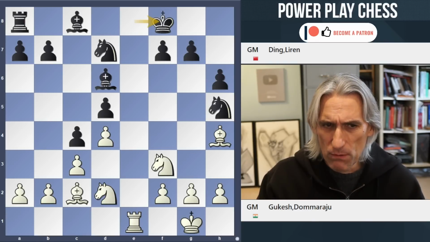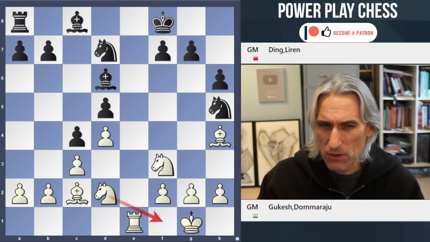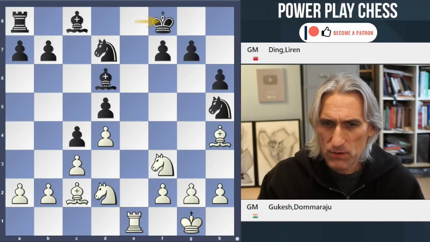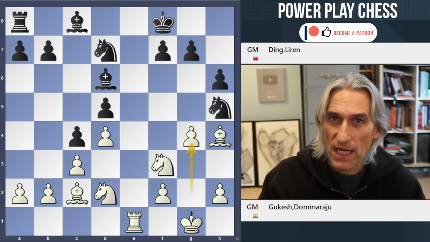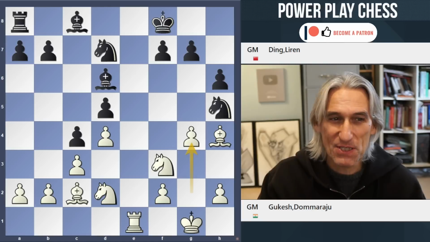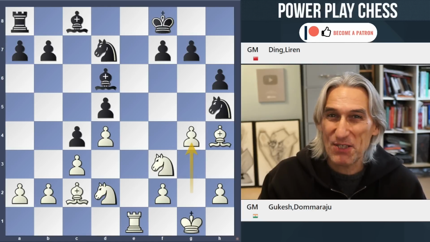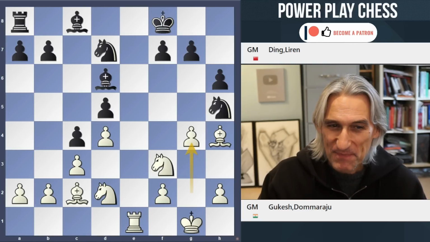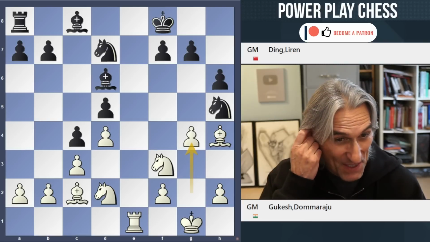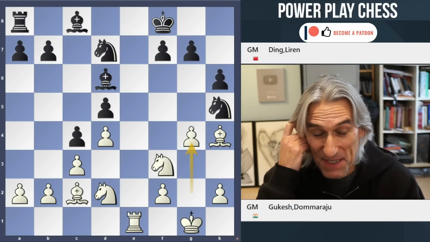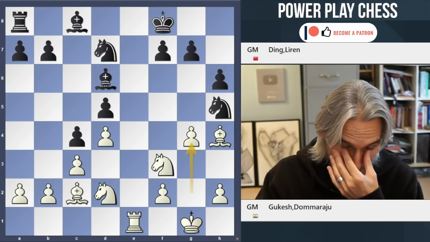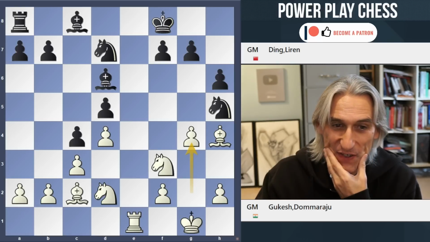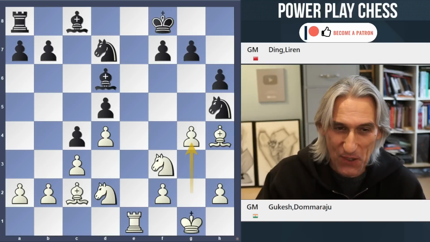So if the normal move, knight f1, wasn't looking so great, well, what should Gukesh play with white? Well, after 10 minutes, he lashed out. g4. So this seems to be his move of the match. We've seen it in the first game, where it certainly didn't work out very well. Worked out better in that third game, but so here we go.